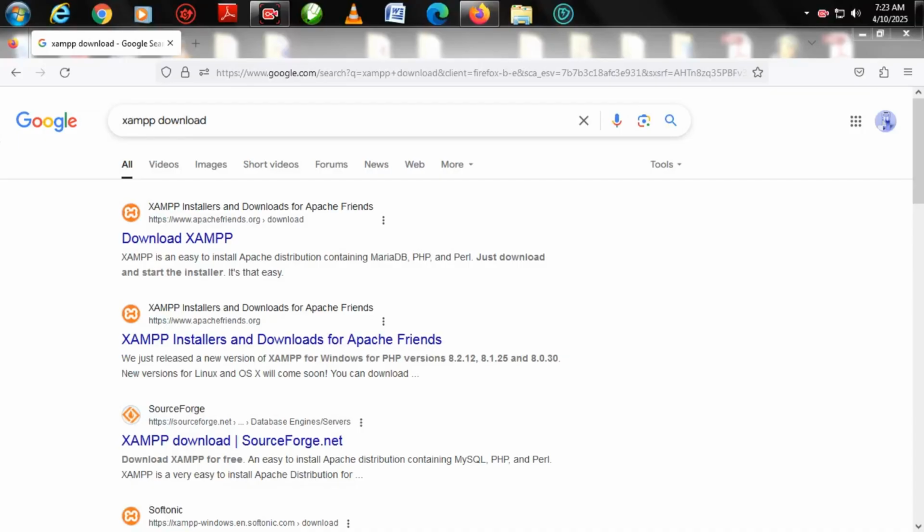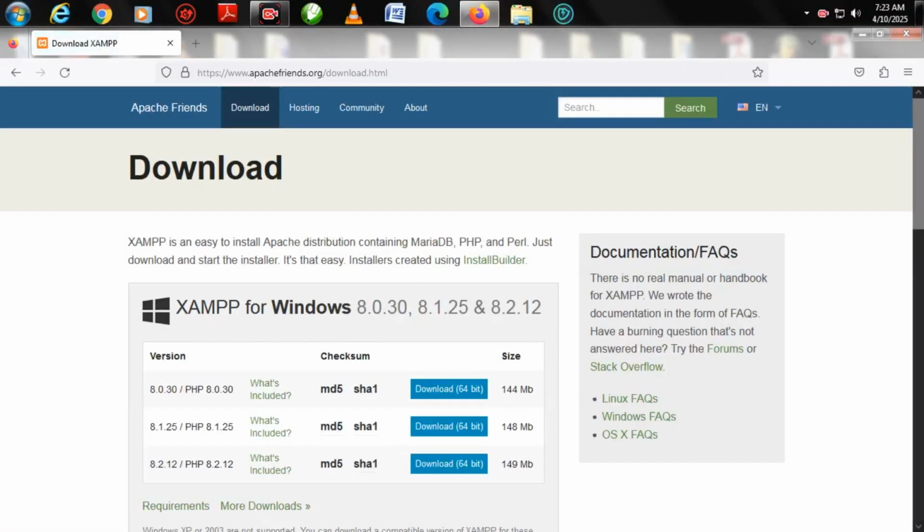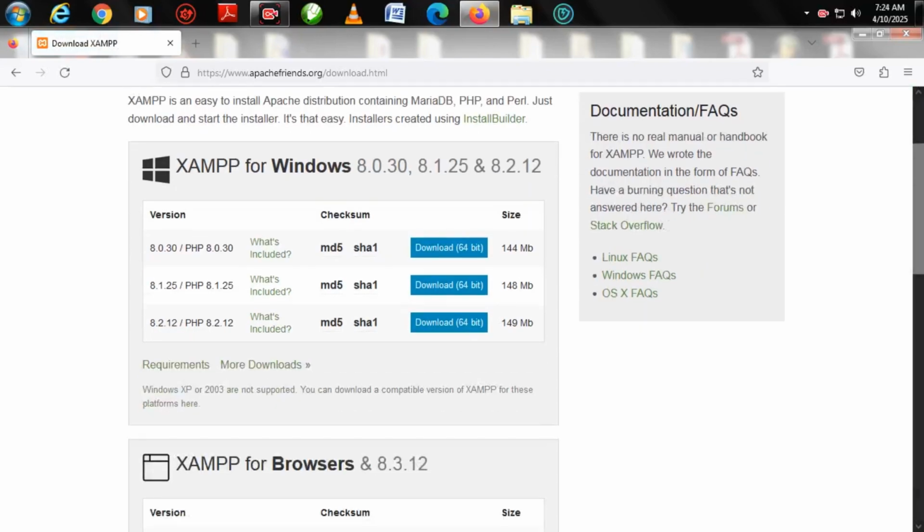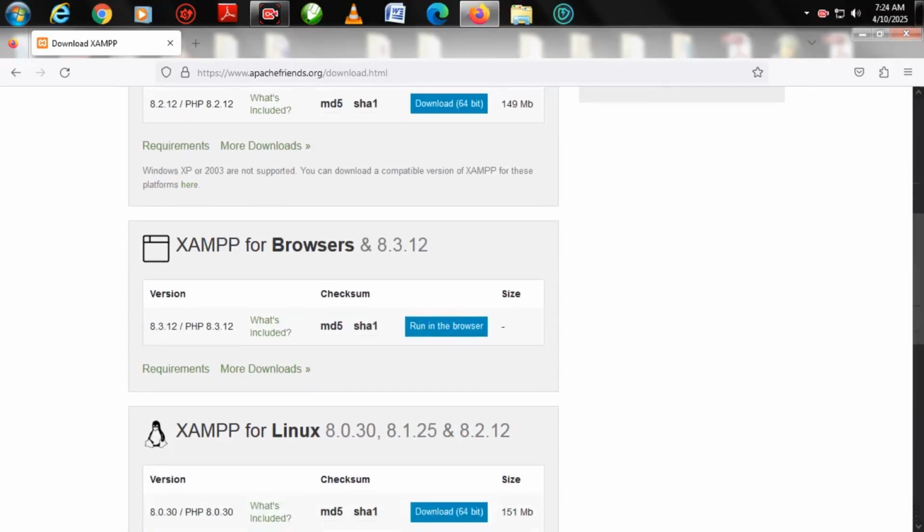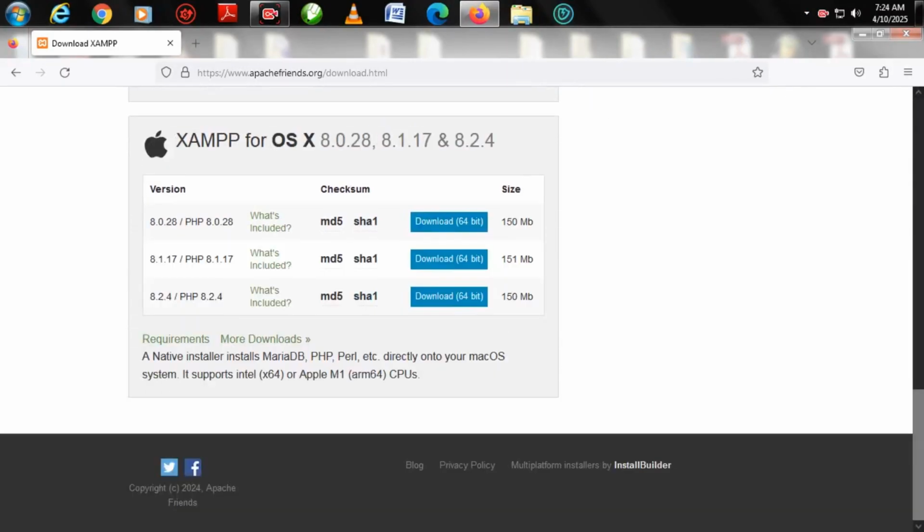Now I've gone to Google and entered XAMPP download. This will redirect you to the ApacheFriends.org website, where you will see the various XAMPP versions for you to download and install into your system. If you're using XAMPP for Windows, these are the various versions here that you can download. And there are also requirements. You just need to check out the minimum requirements. So let's download